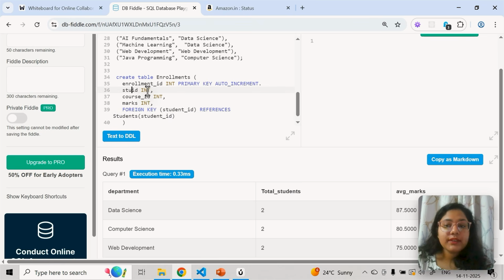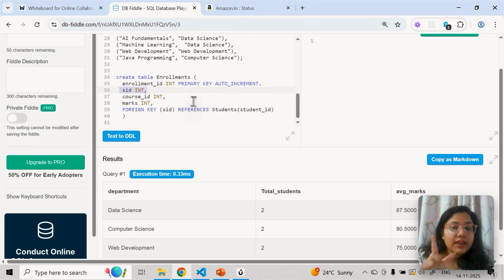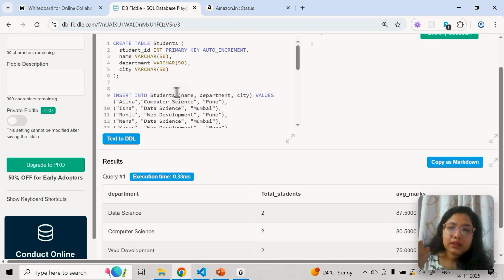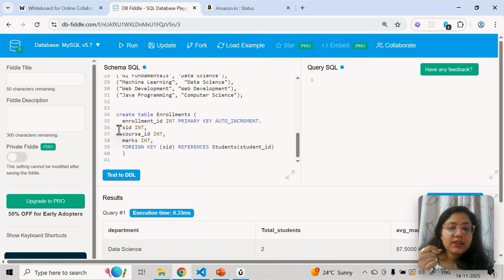Now just to make you guys comfortable, I can keep it sid and I can keep it sid also. Okay, so the main thing is here you have to put the column name which is going to be present here, and this is what will come from the table where it is present as a primary key. Okay, so I'm saying that this id is not a normal id, it's not an enrollment table column. It's basically there, but it is going to come as a foreign key from the student table.